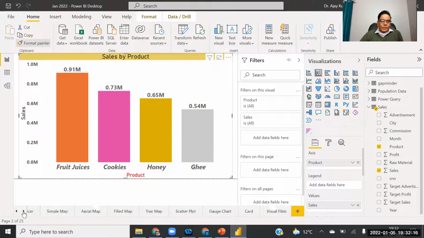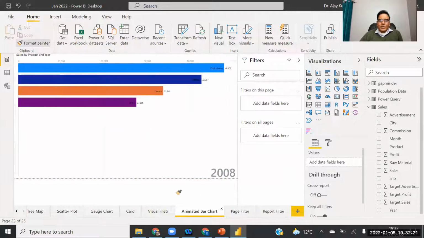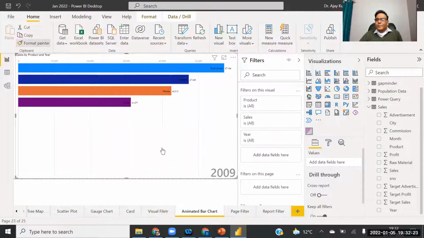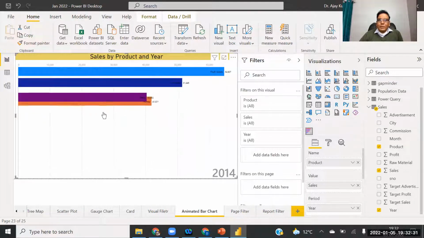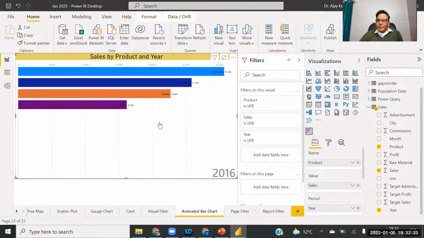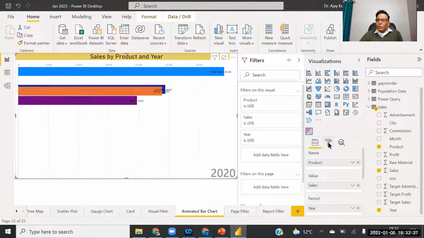So I just want to see. Yeah, you can see that the format painter is not working here because it is an imported chart. Yeah, but let's see. If you want to manage the speed, the only problem in this chart is speed. If you want to manage the speed, you can go to the format,